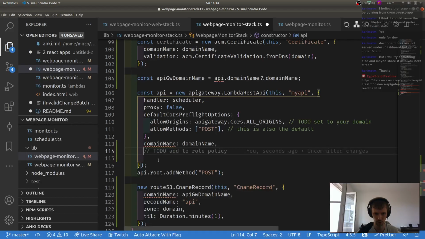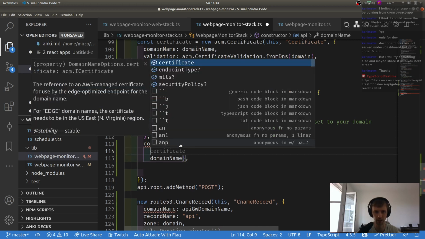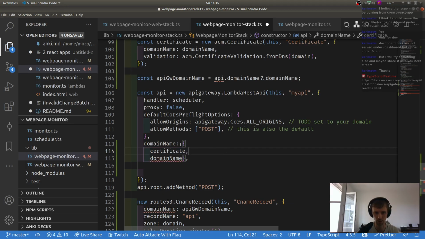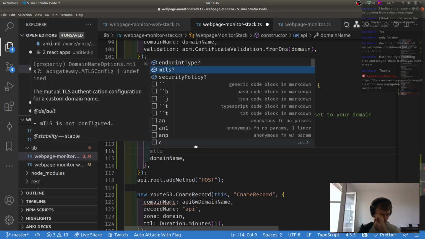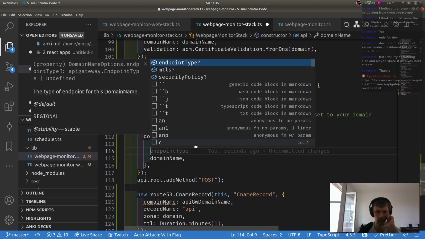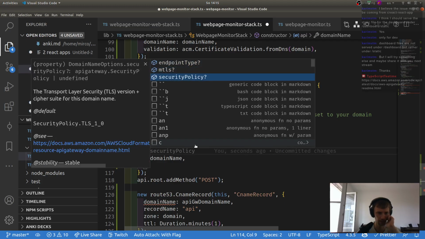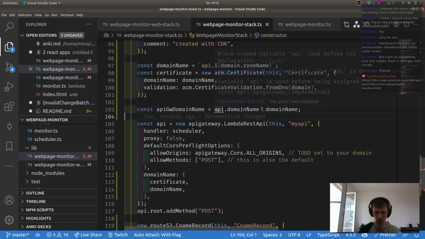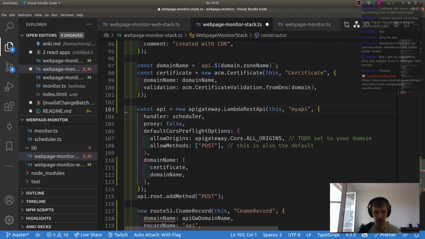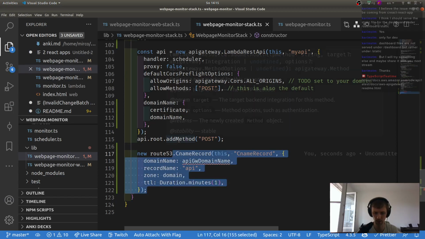And then we usually would have a certificate. Ah, this is an object. Aha, there it is, the certificate, which is just the certificate, and then we have the domain name. And anything else? Usual TLS, authentication configuration, endpoint type, regional, yes, that's correct. And security policy is TLS 1.0 is fine. And then we have it. Wait, did I just delete? There. And then we don't need the CNAME record